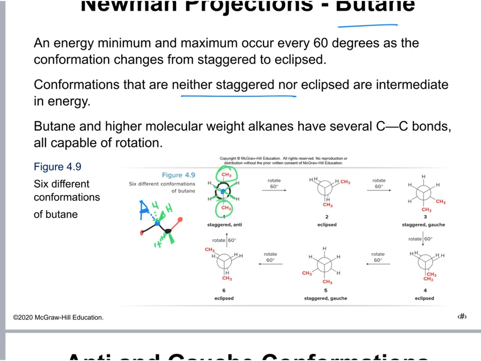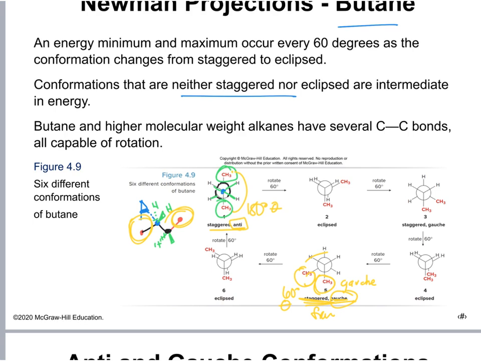But these methyl groups, this is staggered and it's anti. What is anti? That means these big groups, the methyls, are 180 degrees from each other. You see they're a 180 dihedral angle. So that means staggered is anti. You can have staggered gauche. It's still a staggered framework, but now these methyls are close to each other, at 60 degrees, the dihedral angle of the big groups, and that's gauche,